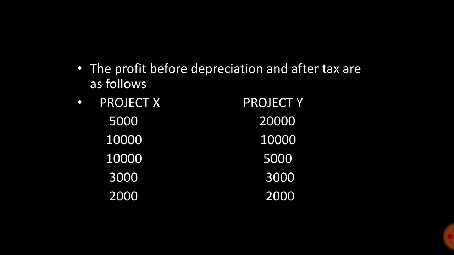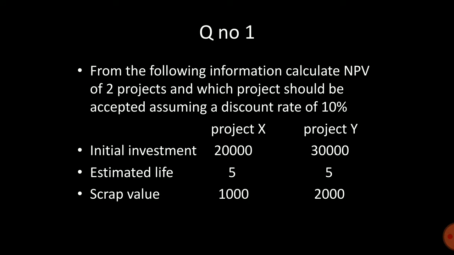So in this question, we want to calculate net present value. Here two projects are given and we want to find out NPV of these two projects. And here the decision criteria of NPV is the project with highest NPV is the best project and we want to select that project. So here we have two projects, project X and project Y, and we want to find out the NPV of project X and project Y, and we want to select the project which gives highest NPV.